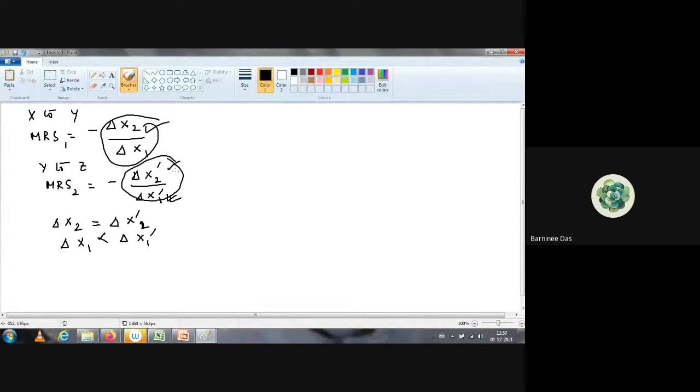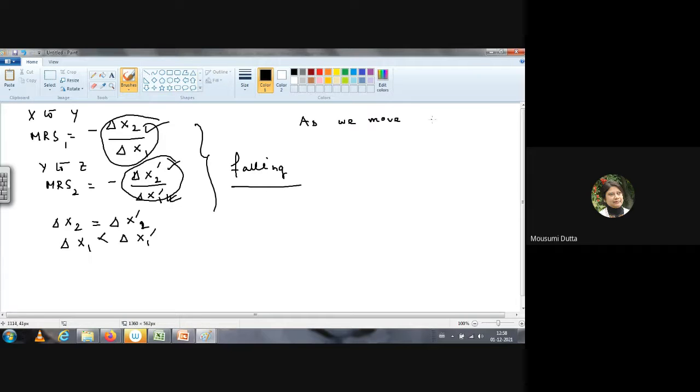Falling. So the ratio is falling. So we can say as we move from left to the right along the IC,